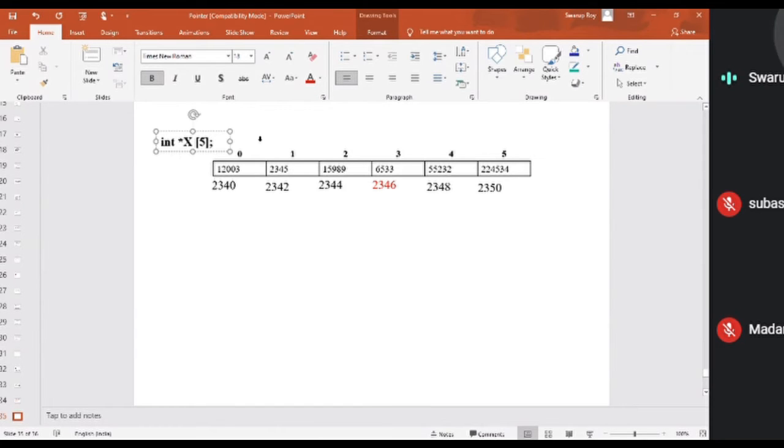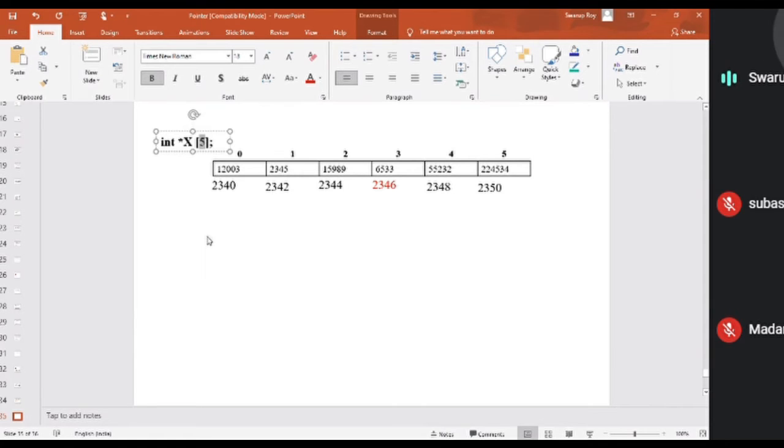This is an array of pointers where I'm going to store 5 pointers. Here I know beforehand that I am going to store 5 pointers, so in that case it is fine.